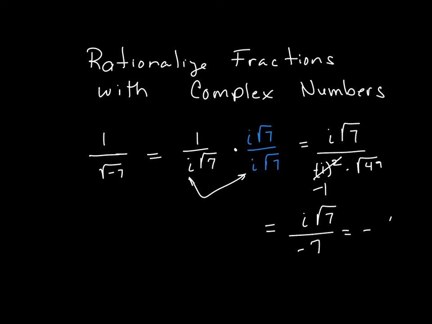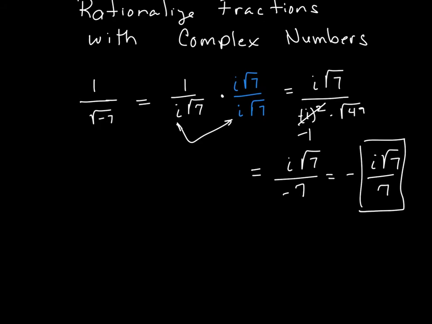And you can just put that negative in front if you want to. Both of those would be the same answer. Now, a little word of warning about this question. A lot of times I will see this error. There is a second way I can do this, and I want to show you because I see a lot of mistakes with this piece. You can multiply it by the square root of -7 over the square root of -7,